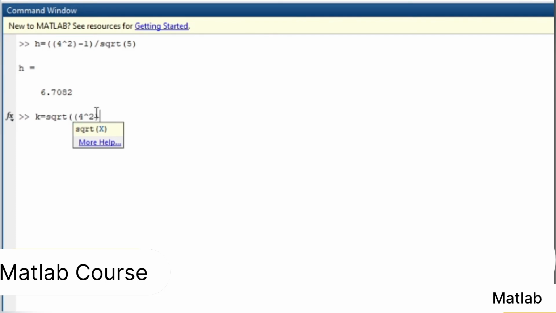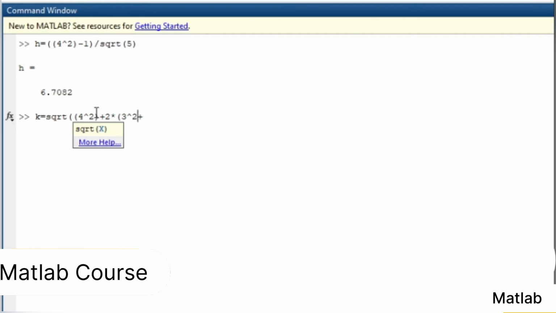So it is 4 square, that's over, plus 2 into the bracket 3 square. So 3 raised to 2, plus,